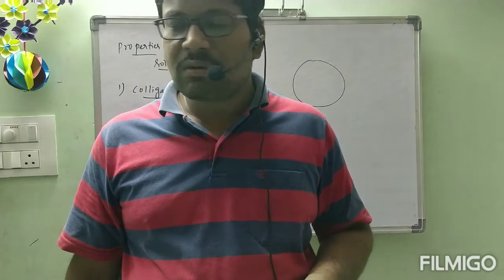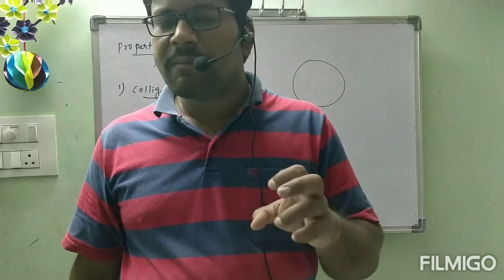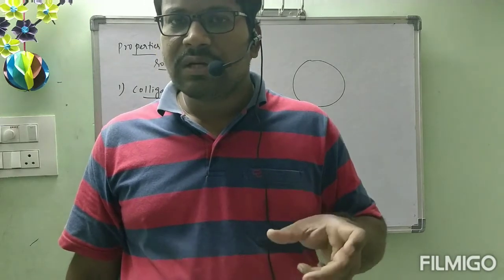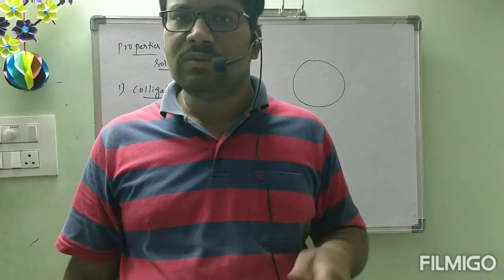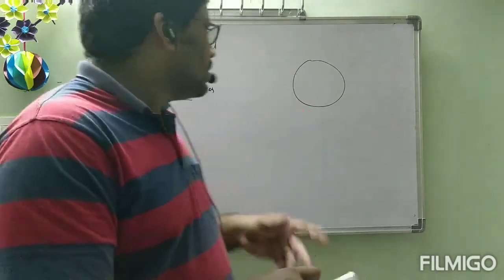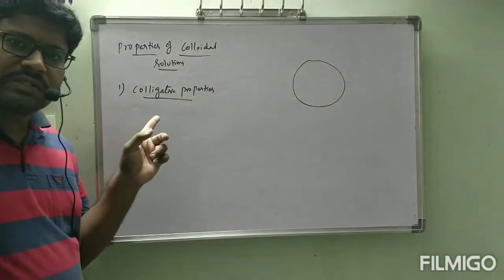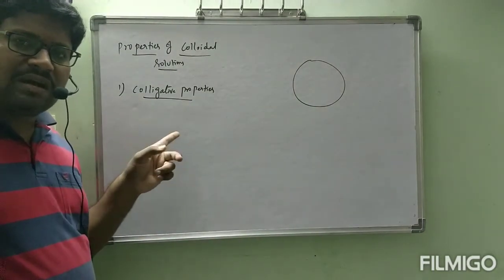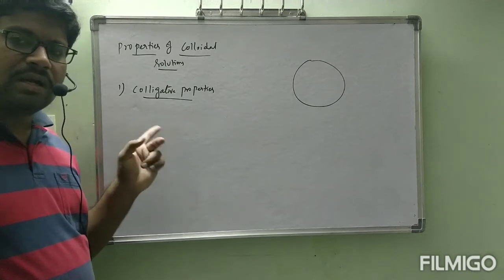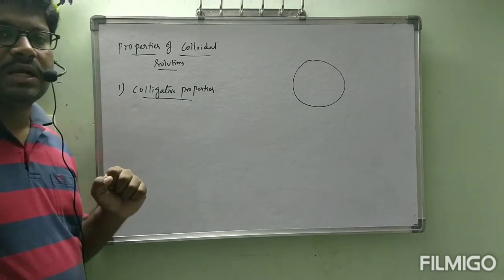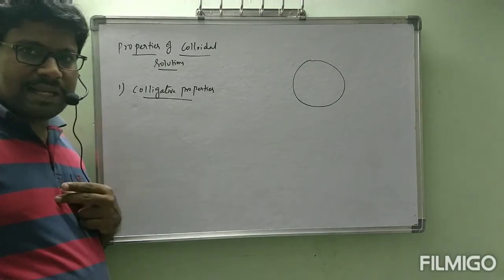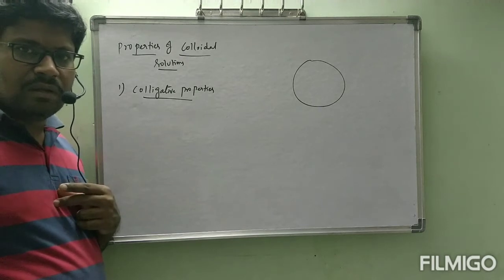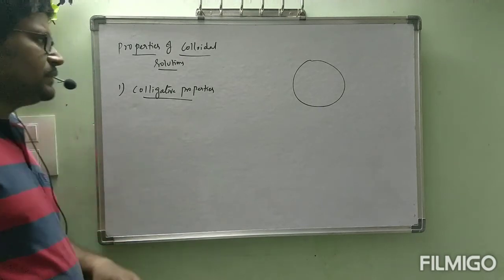But in colloidal solutions, those values are less. That means the number of particles will be less, and according to that, colligative property values are also less when compared to true solutions. So colligative properties of colloidal solutions will be of lesser order when compared to those of true solutions, because the number of particles in colloidal solutions will be less. That is the reason. This is simple only. Next, second one,